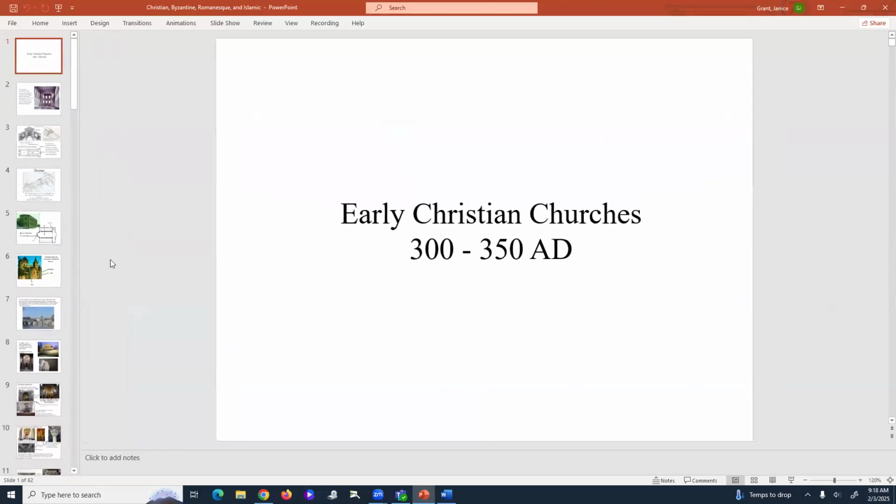So I brought in some of those photos, but you know that if you went online and looked up any one of these and went under images, you would see all the rest of the photos and things that illustrate that style. So we're talking about AD, so after the death of Jesus Christ, and some of the Roman